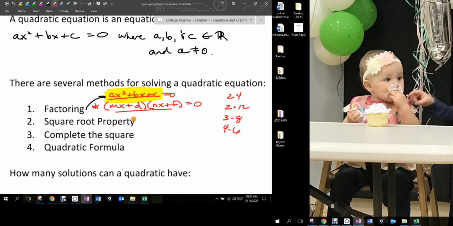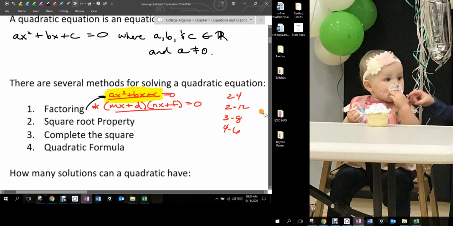Okay, so they're just keywords for those operations. Okay, the square root property. The square root property is another technique that is actually only going to work on certain occasions, and it only works when the b term equals 0. So we'd be looking at something like